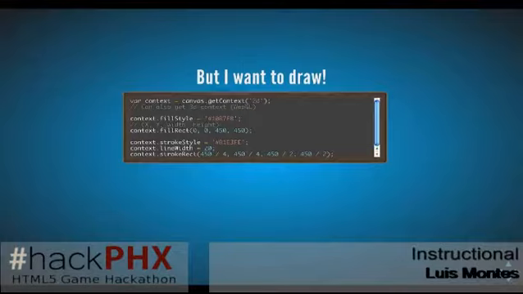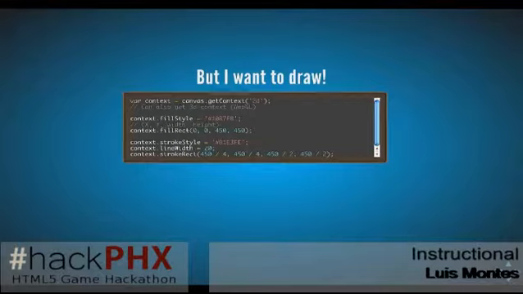Okay, so let's see. The fill style is like the colors that we want to put in the shapes that we're drawing. In this example, fillRect means to fill a rectangle in that context, using the coordinate system that I mentioned earlier. In this case, 0, 0 is the upper left. In most graphics programming, the positive Y goes down. So the top left is your origin, your 0, 0. And then we're drawing from 0, 0 with a width of 450 and a height of 450.